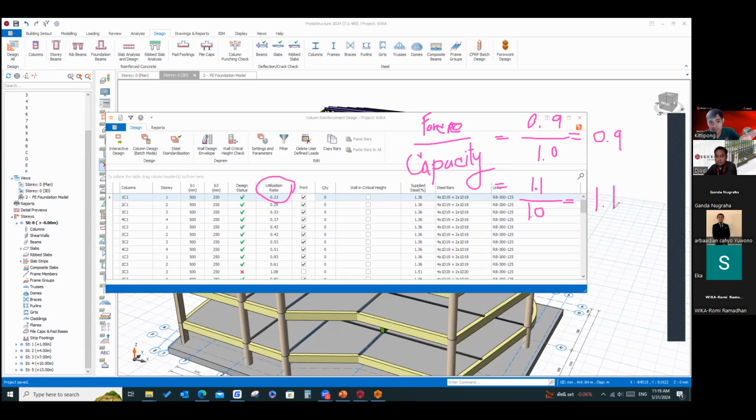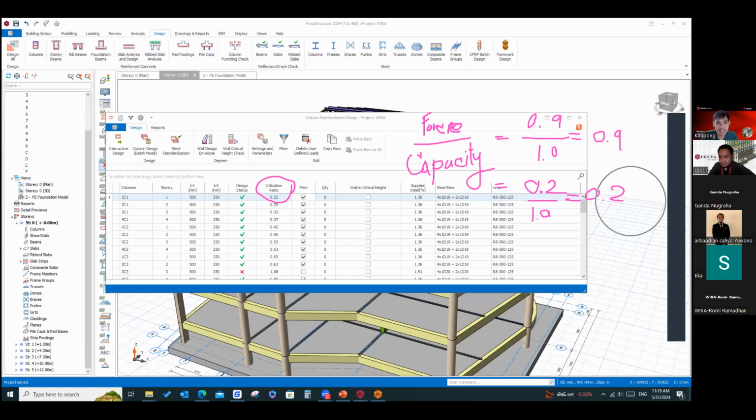So if the ratio is above 1, it fails, and if it is less than 1, it passes. In another case, if the force is 0.2 and the section capacity is 1.0, the ratio is 0.2, right?